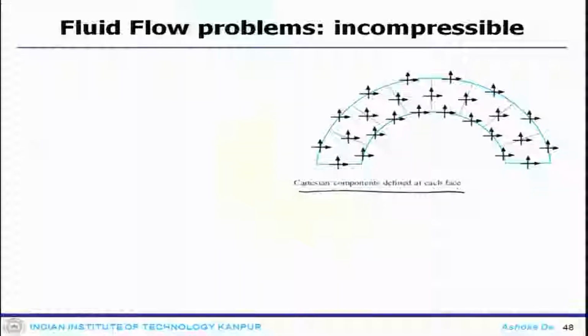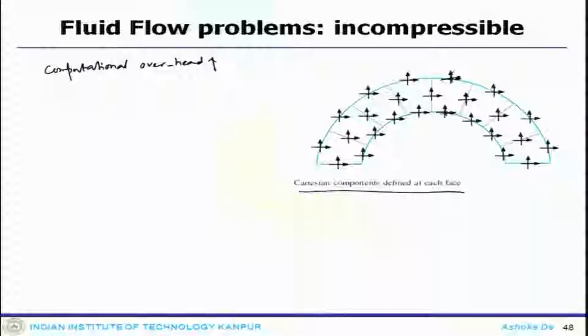So, the computational overhead increases substantially, because all the phases now actually start storing all the components of the velocity field. For example, if you look at this phase, it is storing this component, also this component. Similarly, this phase stores both the components, this phase also. So, each phase stores both the components of the velocity field.